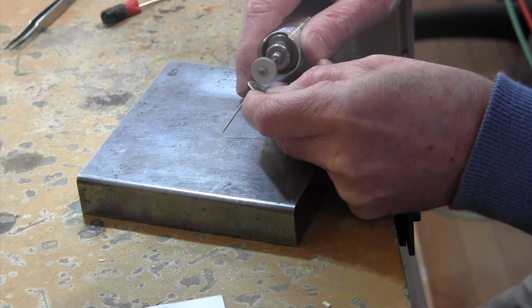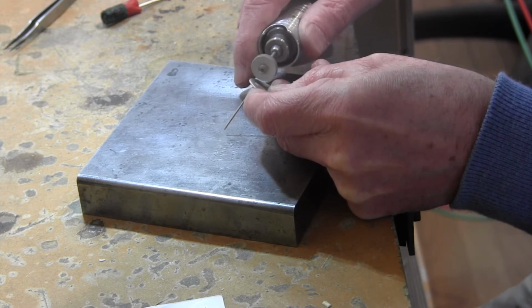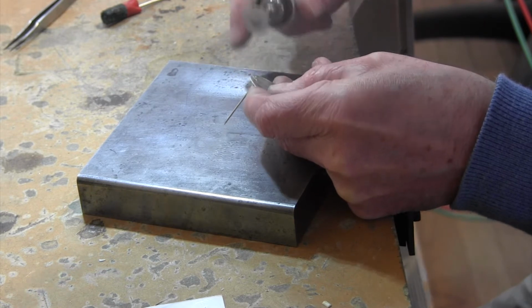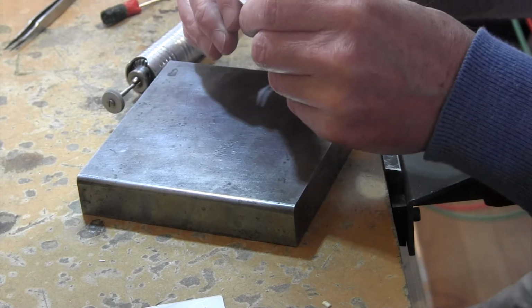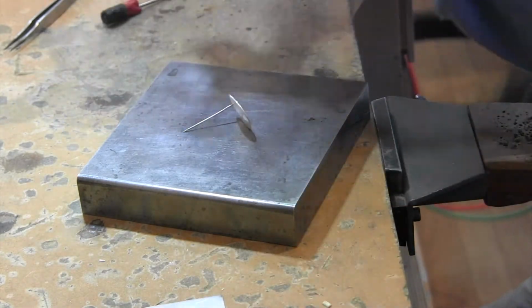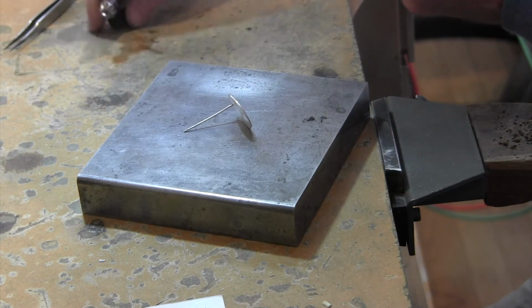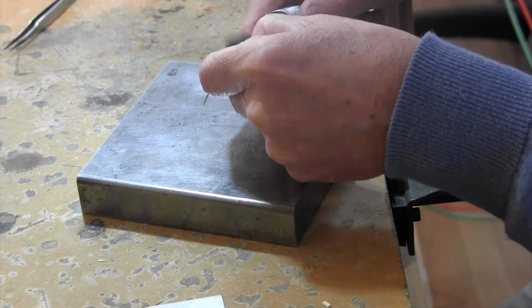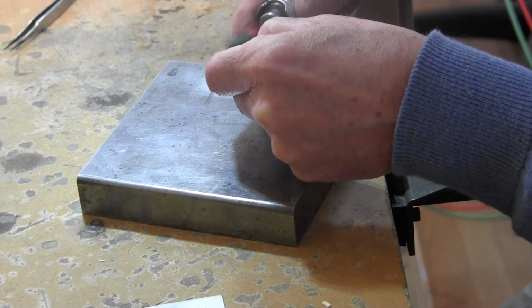There's actually no real reason to do it, but there we go. So that should be nice, and definitely won't show through the enamel when we're done. I don't know why I'm doing this,